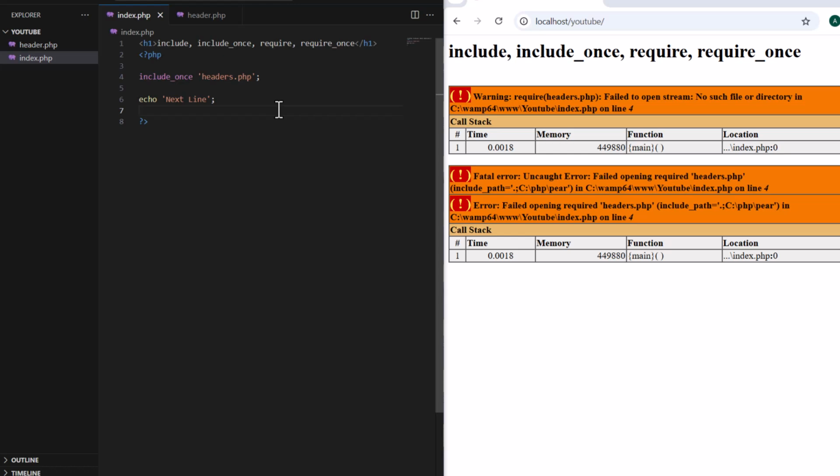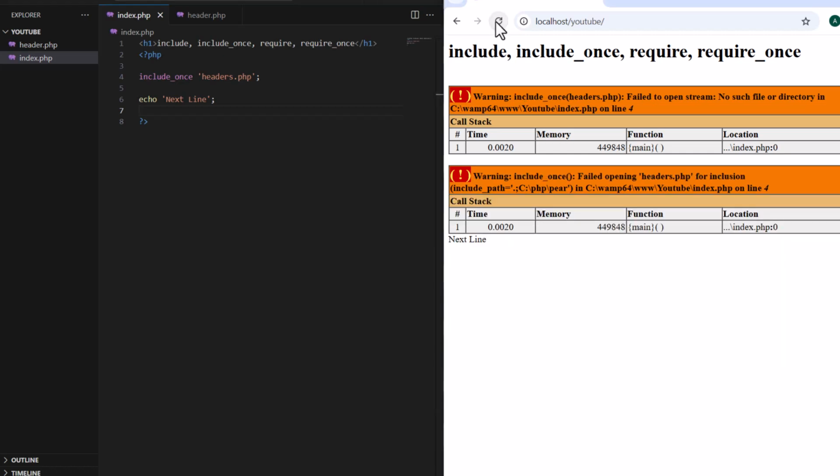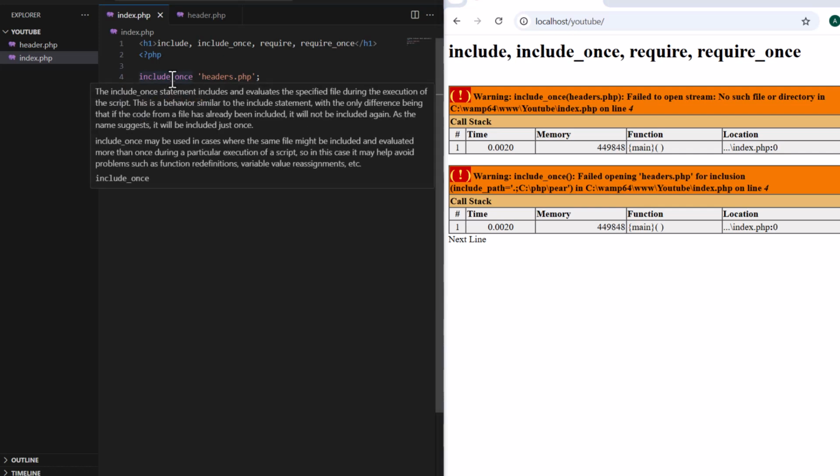So I used include once and put a wrong path, which I said headers.php. Then after that I did echo next line. If I refresh this, you can see that we are getting a warning, and after this the echo next line got printed out on the browser. But assuming this is